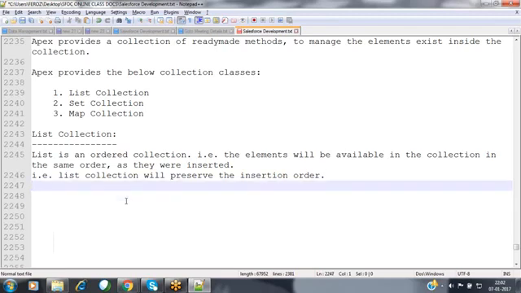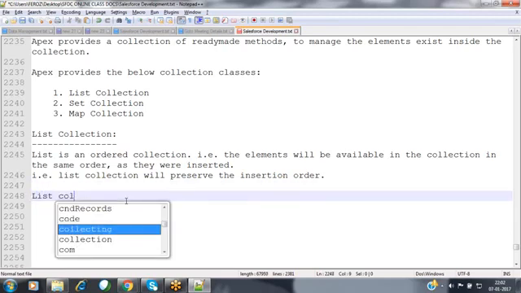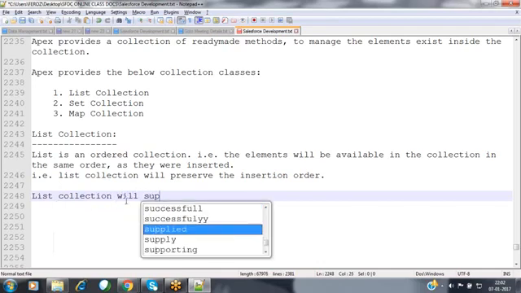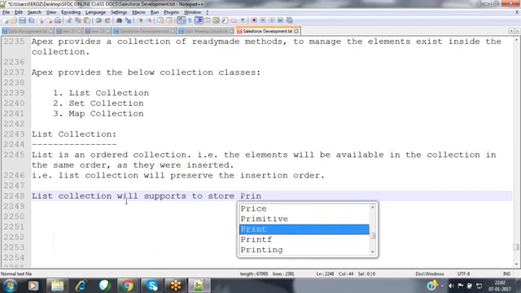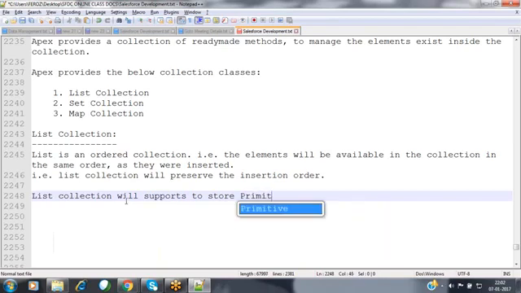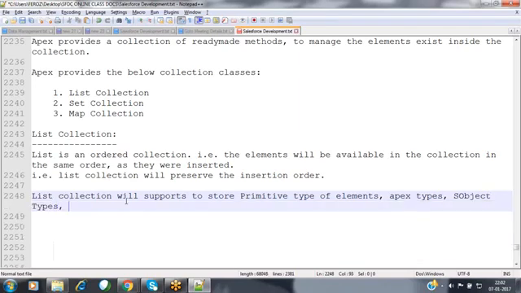Now, the second one: the List collection will support storing primitive type elements, Apex types, sObject types, collection types, and user defined types.